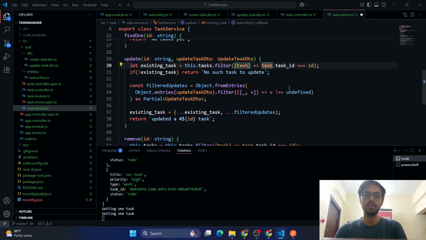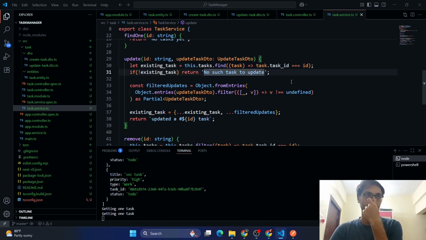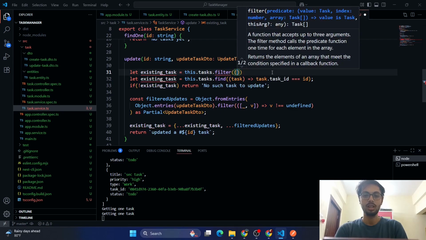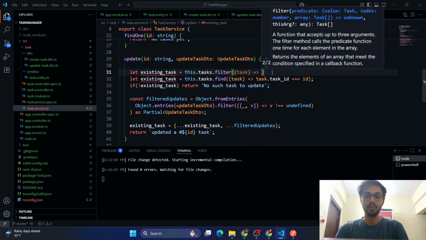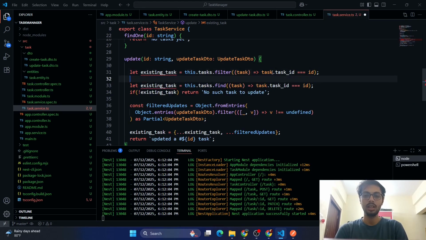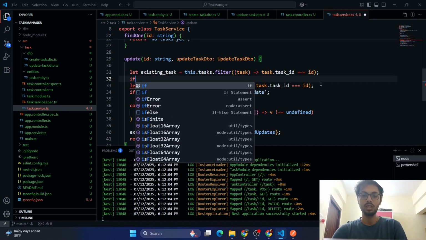So we filter this, and we find this, then maybe we filter it out. So instead of this, we get let existing task equal to this dot task dot filter, and then we got the task where task dot task ID is this ID, and then if this comment is out,